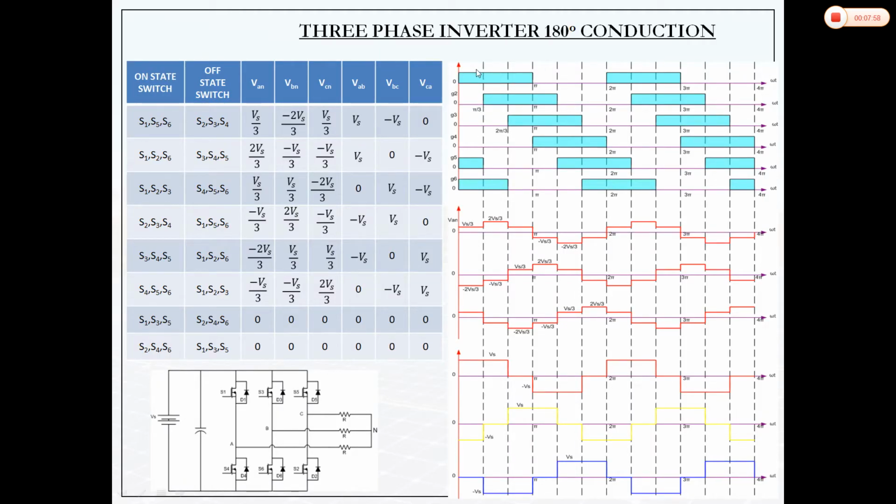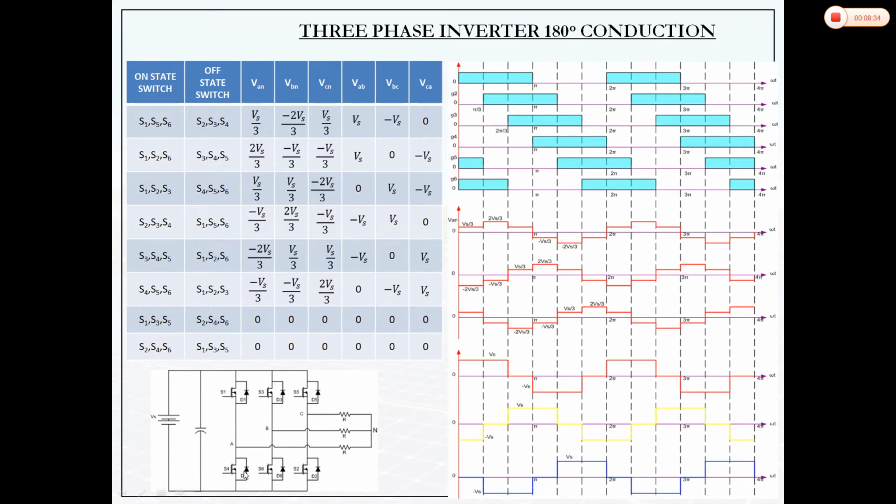If we apply the gating pulses in sequence, this is G1, G2, G3, G4, G5, G6. All the 6 switches have a gating sequence something like this. You can observe here that G1, for example, is pi, that means 180-degree conduction. For 180 degrees this switch will be on. Next 180 degrees it will be off. So half of the time it is on and half of the time it is off. Then again the same thing will repeat.